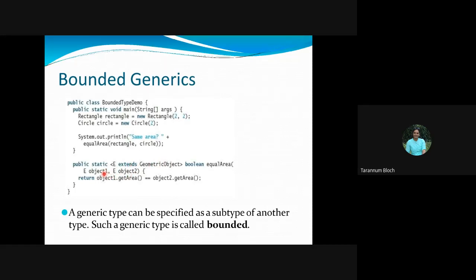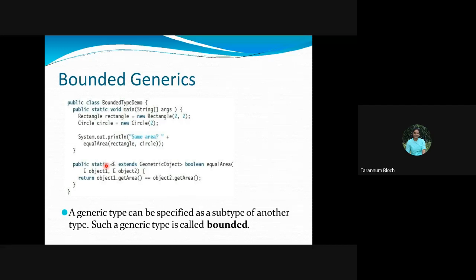So if I am taking a circle and a lone, we know that lone will not have area. Area is possible with the geometric object only, right? So that's why we are making this generic bounded.